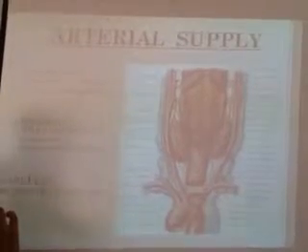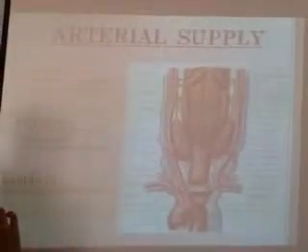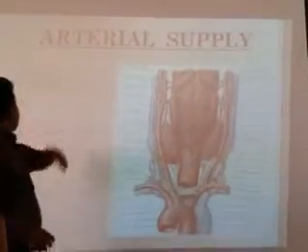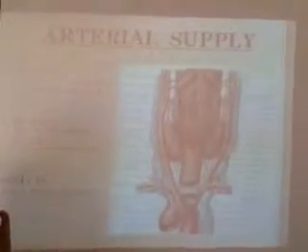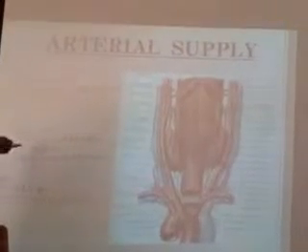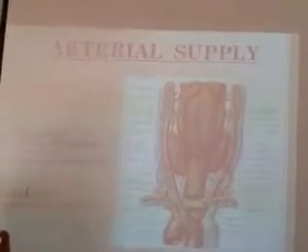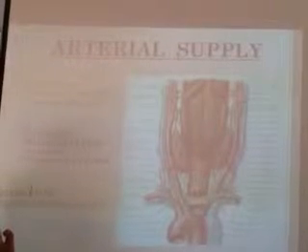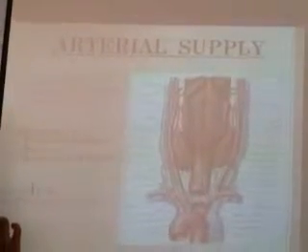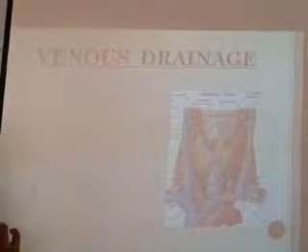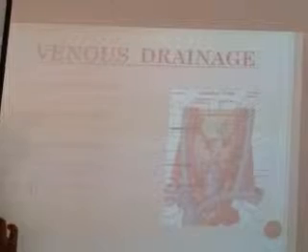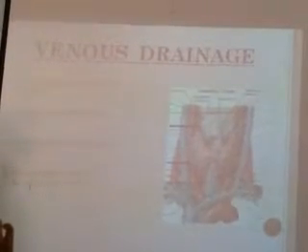More than enough. Do we need to mention the branch? The superior thyroid artery is a branch from the external carotid artery. And the inferior thyroid artery is a branch from the thyrocervical trunk, isn't it? And this is about the venous drainage, 3 veins, superior, middle and the inferior.